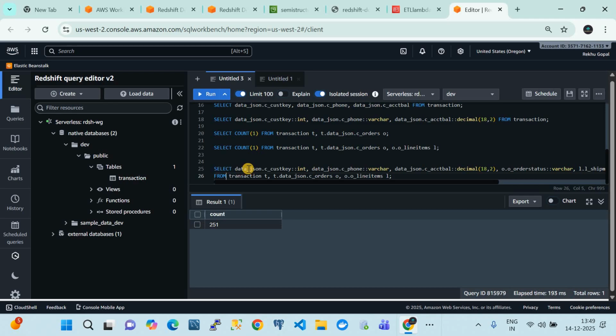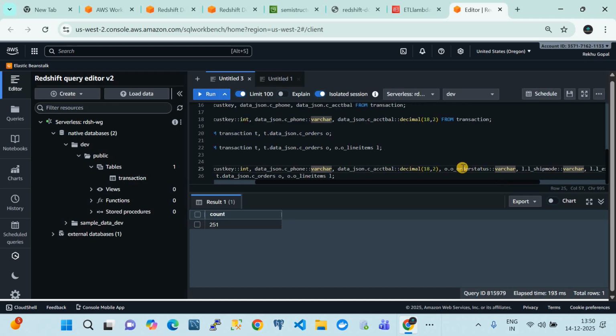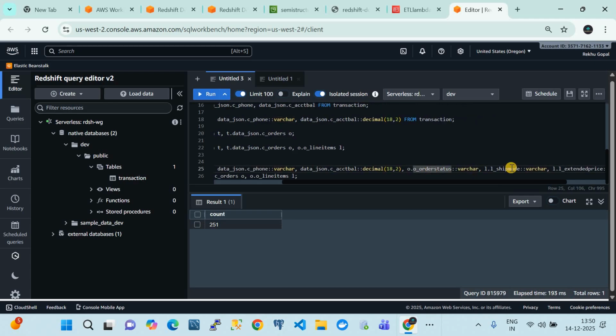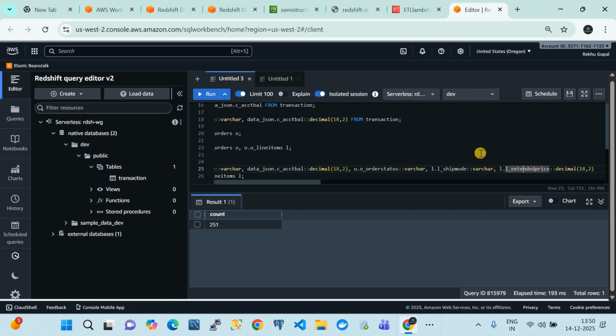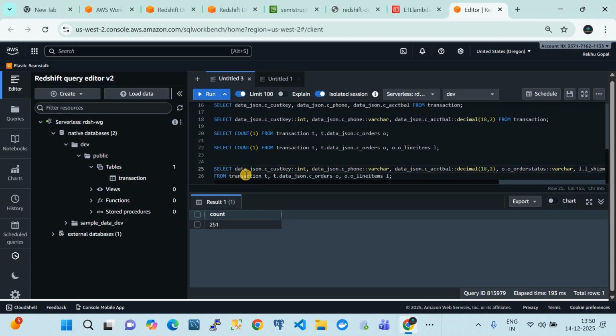So what we're going to do is select the data JSON, from that get a customer key, convert it into an int type, then the JSON phone number, make it a varchar, then the account balance, likewise, then the order information. In the order we want the order status, then the line item, that is ship mode, right? Similarly, the extended price as well in decimal. We are doing this from the single table, that is transaction, and we are abbreviating it, making that transaction table acronymed as T, right? And then from the T we want to get the T dot